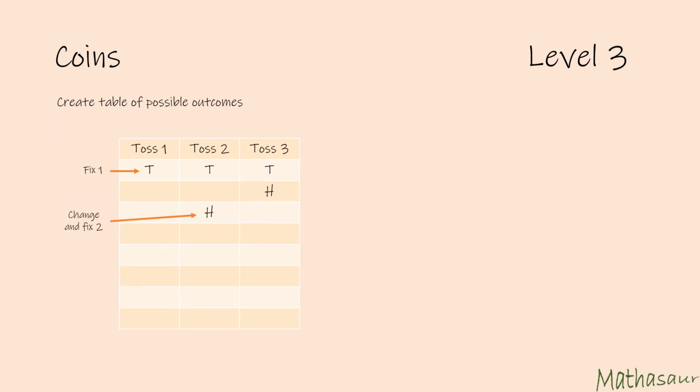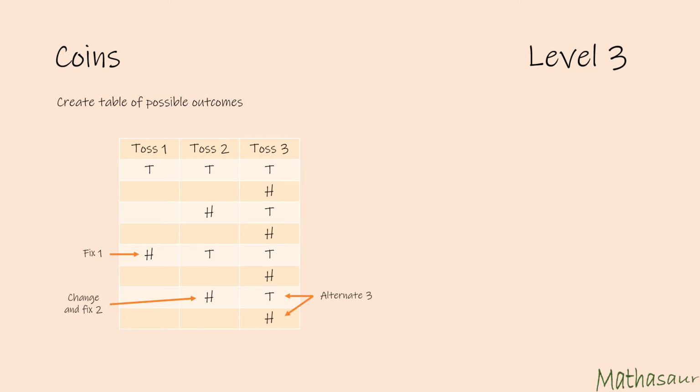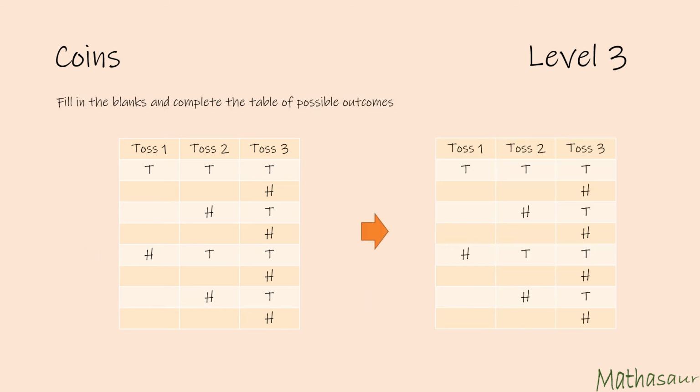Now let us change the outcome for toss 2. Let us call it H. My outcomes for toss 3 would be the same as we just did, T or H. Now let us change the outcome for toss 1 and write it as H. And we can repeat the table as we did for toss 2 and toss 3. Please note that columns 2 and 3 have the same contents when I change the outcome for toss 1. Now fill in the blanks. Wherever there are blanks for toss 1, just repeat the value that you started with. Similarly for toss 2.